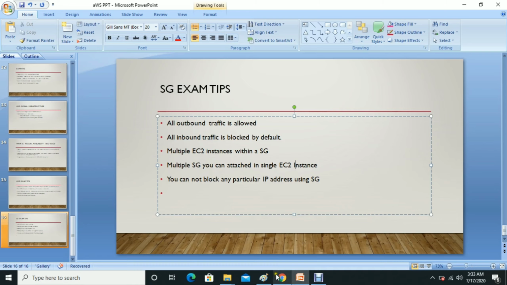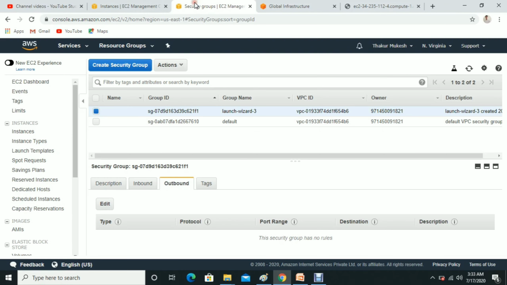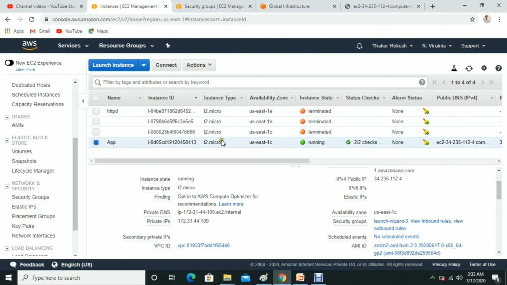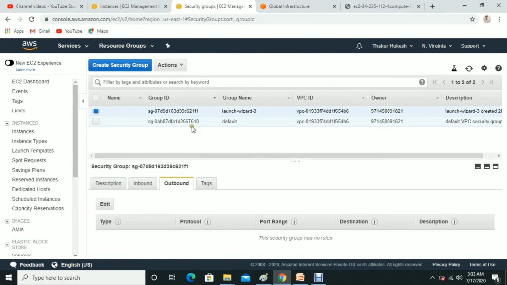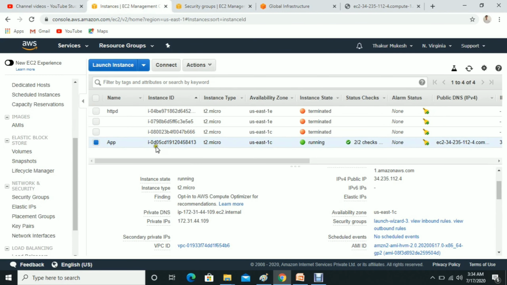Let me show you that. If you go here, this is the instance, and you can see the default security group and this other one. I'm going to attach the default security group to my app instance. Select it. As of now, it shows only the launch-wizard-3 security group.